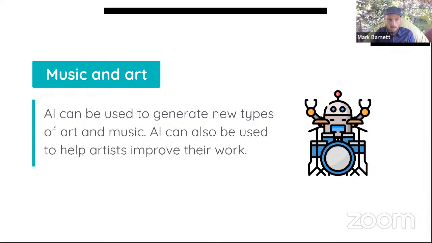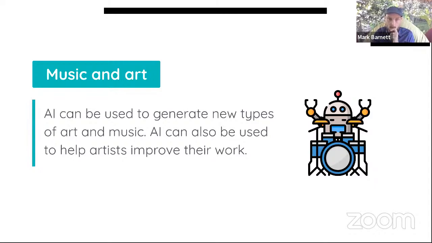Artificial intelligence is also being used to create and generate music and art. There have been full albums and songs that have even reached the top of the Billboard charts that were created using artificial intelligence, at least for the music. Now, the artist might sing over the music that was created by AI. So it's cool to see artificial intelligence being used together with humans to generate and make new types of artwork.